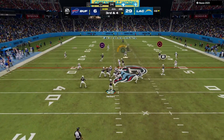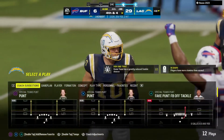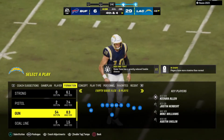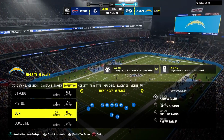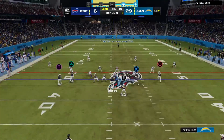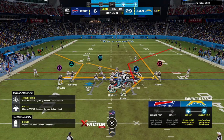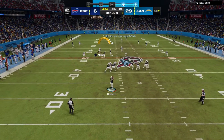Back to throw here, Herbert. And that is incomplete. Well, they're up comfortably here, Charles, but that lead certainly not dissuading them from pressing the envelope late. I mean, if anything, with these passes, it's like they're getting more aggressive to try to drive the ball downfield. And that will certainly lend itself to some post-game questions for that coach, and maybe you and I should attend that press conference and see what he has to say,